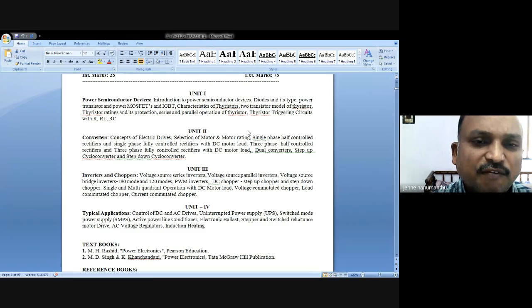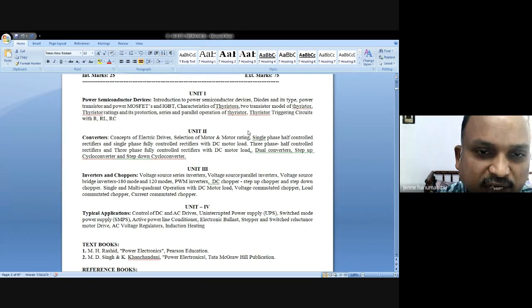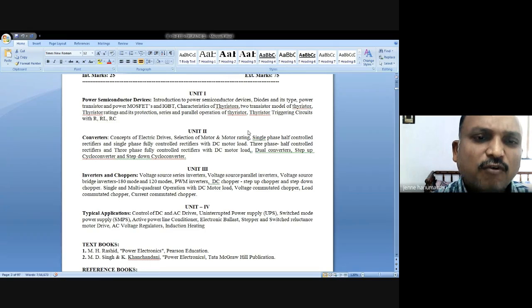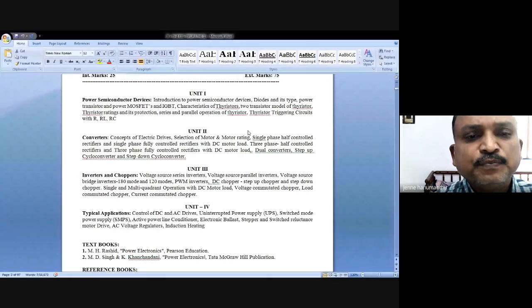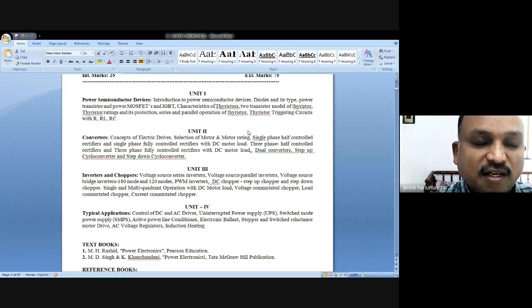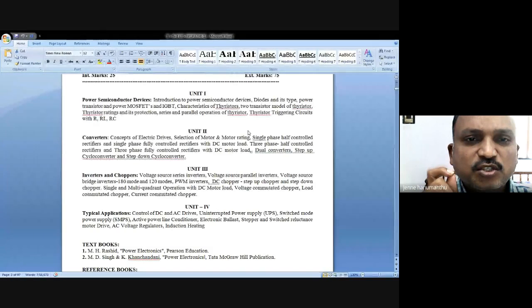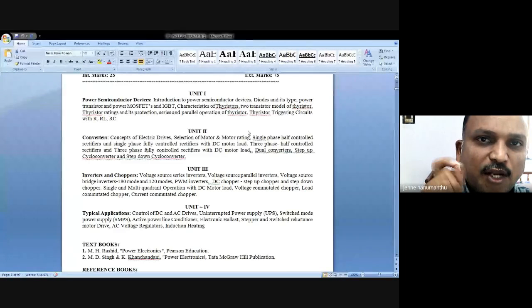There are a number of ways we have, like dv/dt triggering, by applying forward voltage more than VBO, right? Temperature triggering, isn't it? And we have by applying a short gate pulse between gate and cathode. By applying these different methods, you can trigger the thyristor. Triggering the thyristor means simply turning it on. So on turning it on, current is going to flow from anode to cathode.